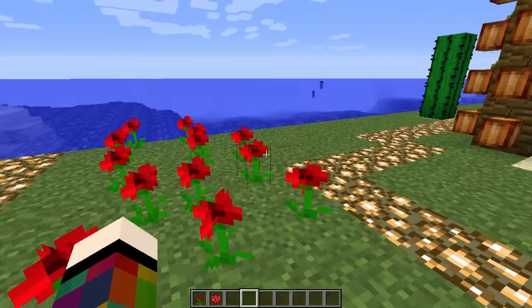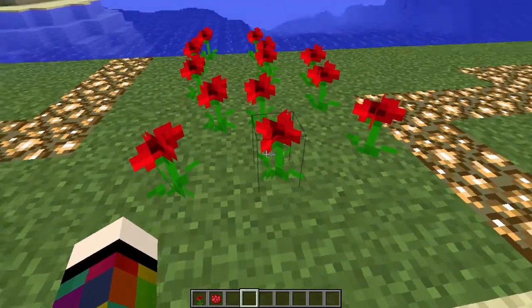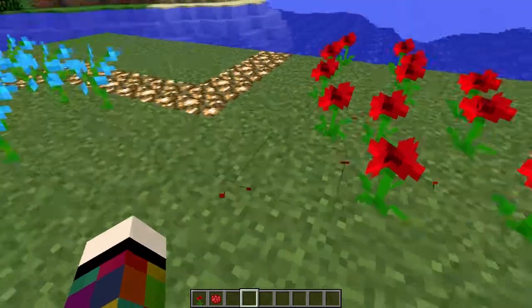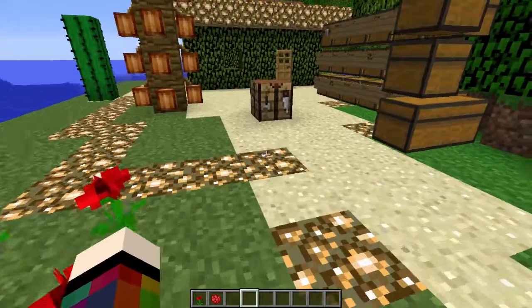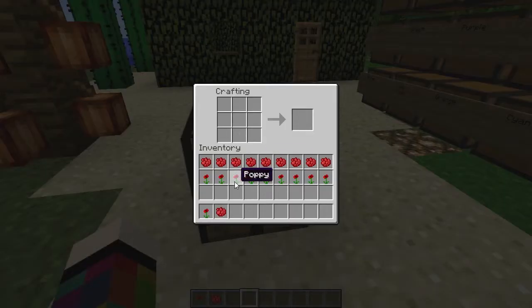To make red dye, you need to find the red little flowers, which are called poppies, and you need to collect them. I can't do that because I'm in creative. And then you need to put in the crafting bench the poppy that you've collected, and 1 poppy will give you 1 red rose. It doesn't matter where you put the poppy in the crafting bench, it'll always give you